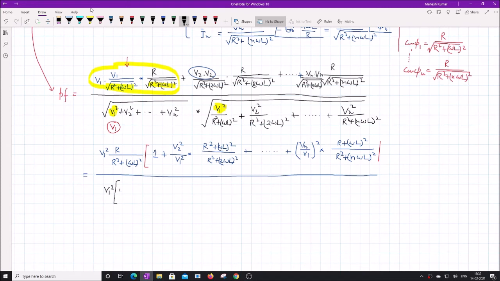And then we have 1 plus square root of this, 1 plus V2 by V1 square, whole square, plus till Vn by V1 square